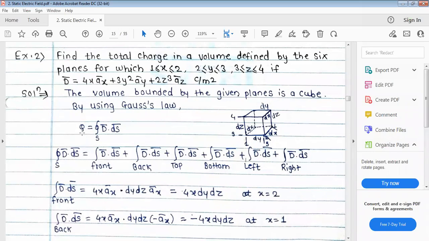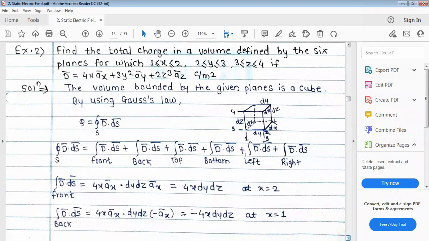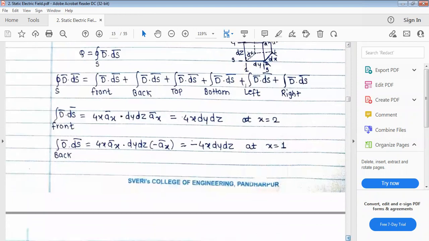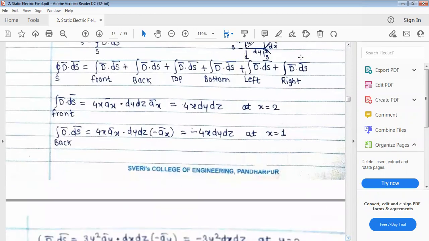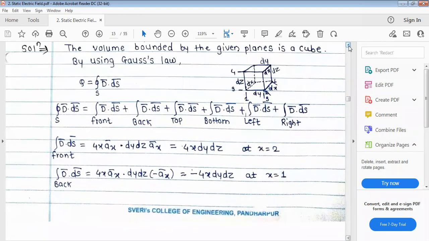So it is given by the Gauss law. It defines this charge Q as equal to the closed surface integral of D bar dot dS bar. So we considered all six sides of this rectangle, that is front, back, top, bottom, left, and right. So we have to find this D bar dot dS bar for all the sides. If we consider the front side only,